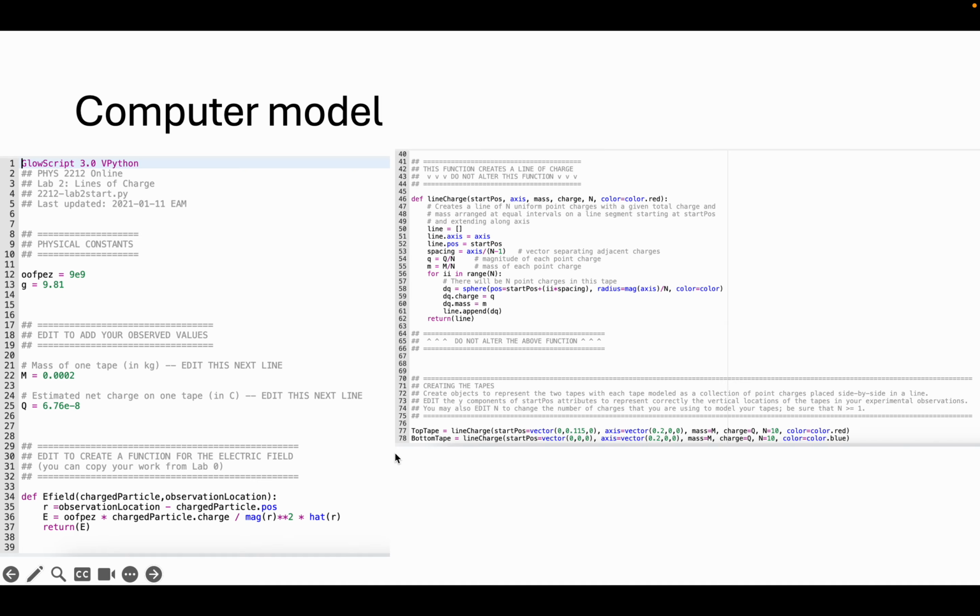You can see that the top tape is represented as red spheres, and the bottom tape is represented as blue spheres. In this one, you can see that the electric fields on the top tape are represented as green arrows. The electric force on the top tape is represented as a white arrow, and gravity on the top tape is represented